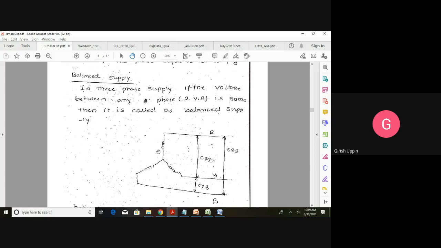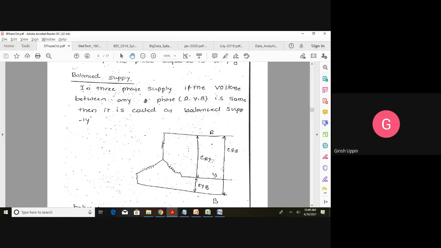And what kind of load it is, we have already discussed in the single phase. What kind of loads can we have? Different loads we can have in AC. We can have resistor, capacitor, inductor, combinations of RC, RL, RLC, or any other parallel combination. So it could be anything. Suppose this is RL, this is also RL, and this is also RL. And when we say it's a balanced supply, the EMFs generated by all these are exactly equal. So balanced supply means all the phases generate an equal amount of voltage.